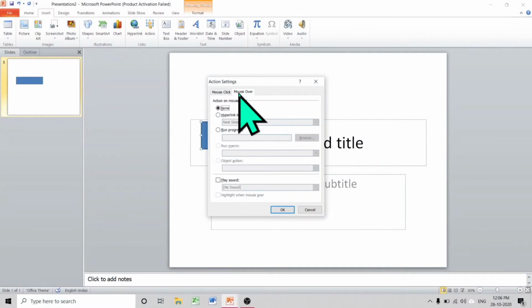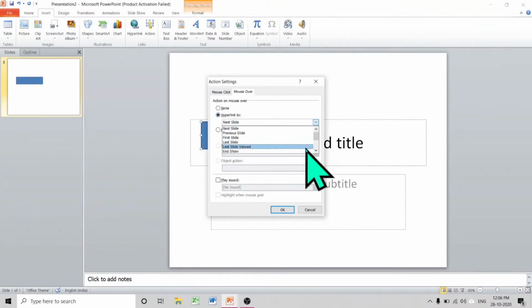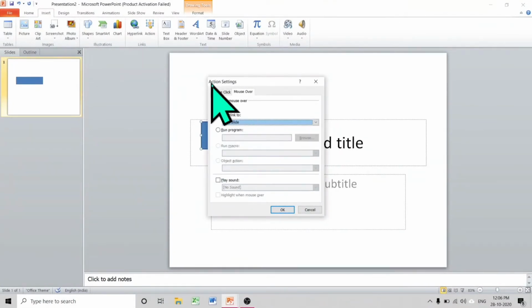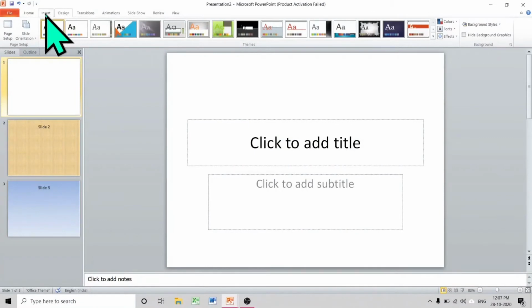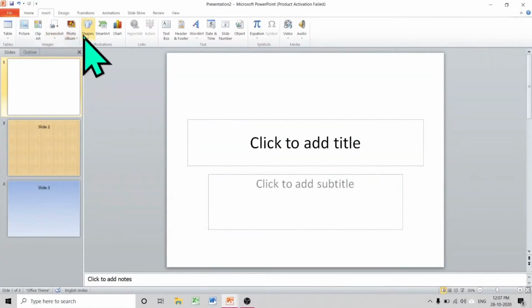Same options are there in mouse over also, but the difference is that in mouse over there is no need to click. Whenever the mouse moves over this action button, the action will be performed. Now I'll show you again how to insert an action button.